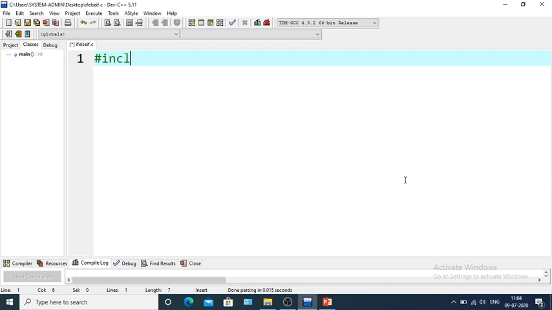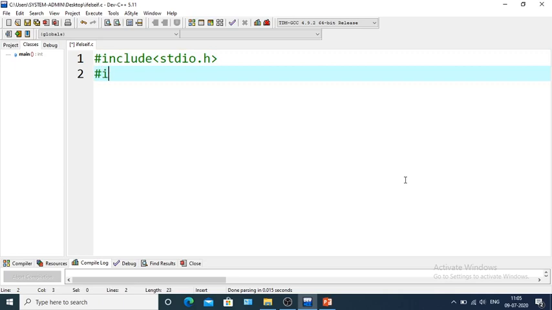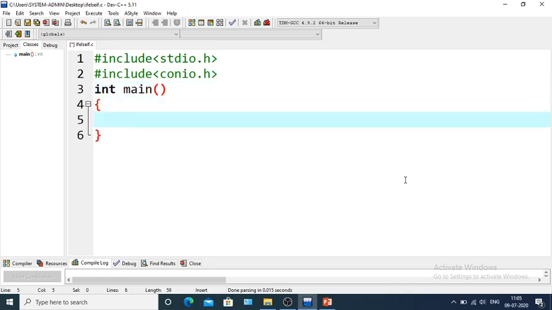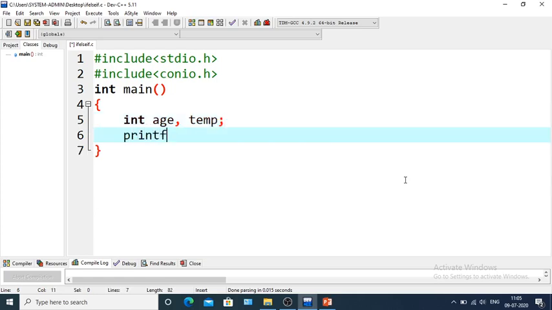So at first we will take #include <stdio.h>. This is the header file, standard input output. Next, #include <conio.h>. This is another header file, console input output. Then we'll take the variable age. printf, enter your age.